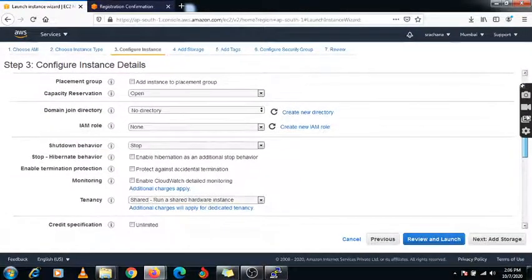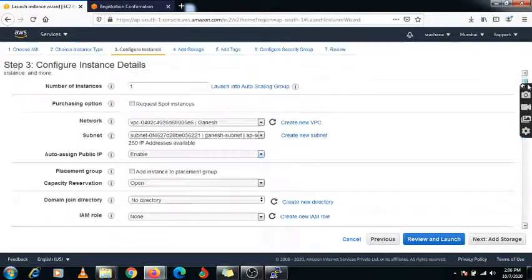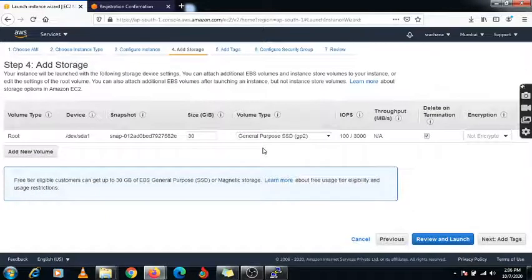All other options I am not selecting, so by default we just click on add storage. In add storage, the storage available is the root /dev/sda1. This is the default device which is selected, and this is the size for this free tier account.